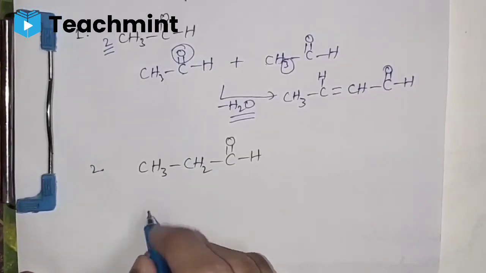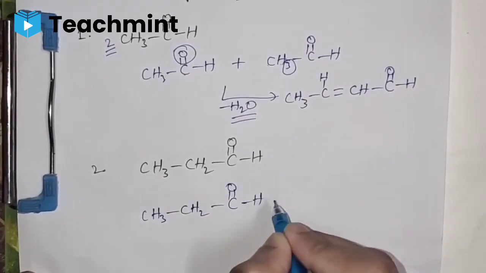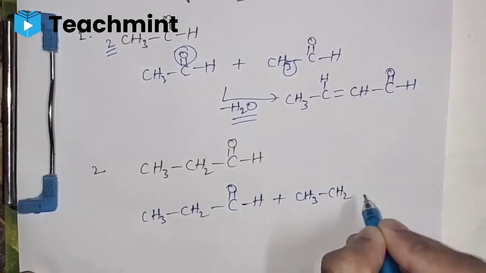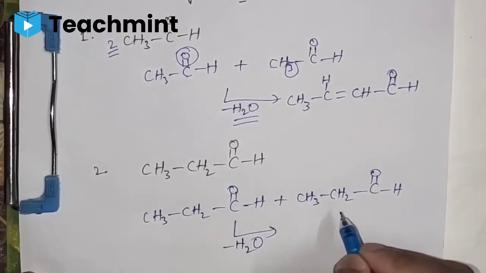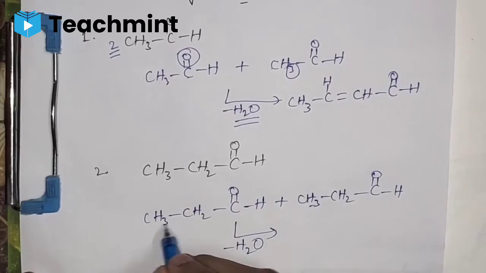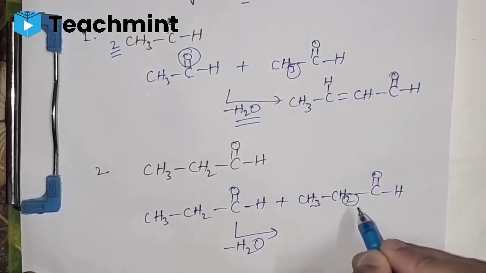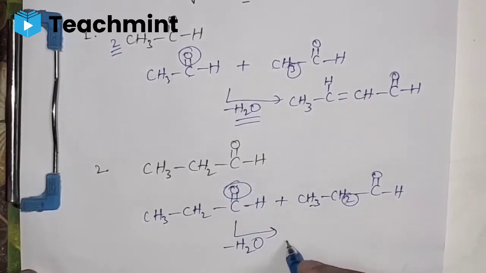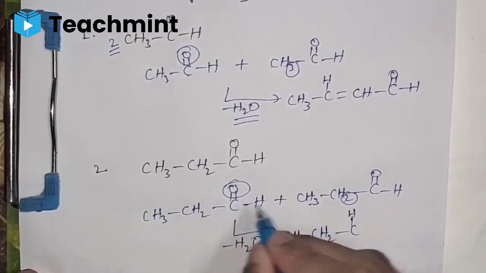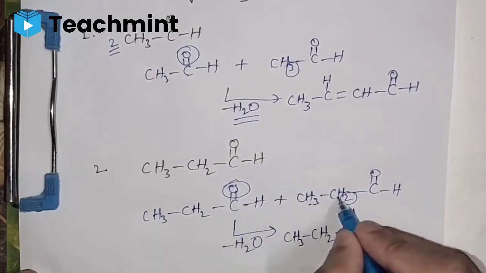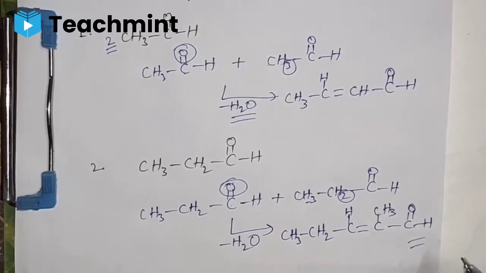Now let's see another example for better vision. Here also we need to do the same. 1 mole is reacting with another mole and we just have to remove H2O. So we need to take the alpha hydrogen, not this hydrogen or this hydrogen. Always we need to take the alpha hydrogen. So the alpha hydrogen is this one. Remove 2 H from here and 1 oxygen from here and write the product. A double bond will be formed between these two, this carbon and this carbon. So look how simple this is.